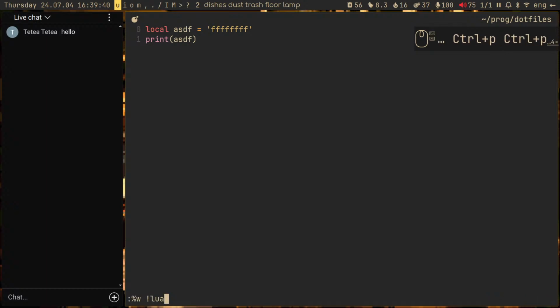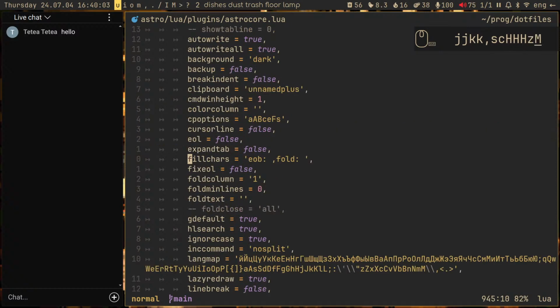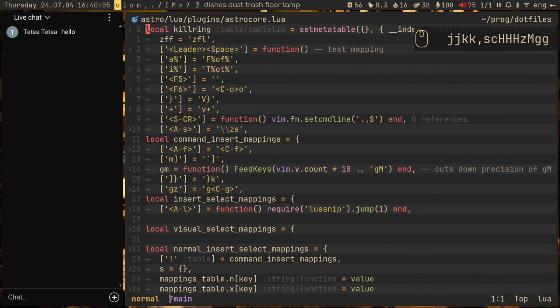But the difference with the W thing is that it doesn't put any outputs anywhere. Well, it does, but just in messages. So you can just look at it and be like, I see. And the code doesn't change, it doesn't move. So why is this useful? This is useful if, say, you're working on your NeoVim config, which has its